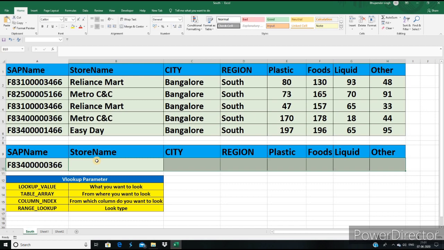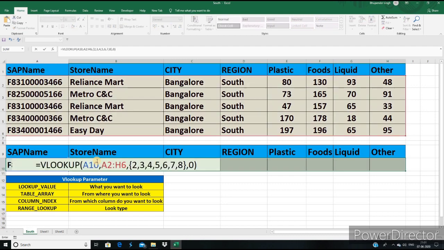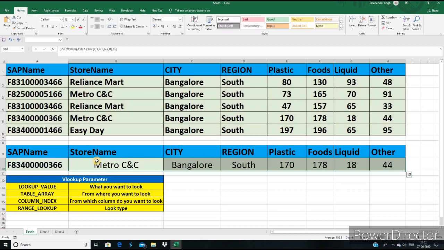Now put the equal sign first, type your formula, and now the main thing is you have to press Control Shift Enter. Remember guys, Control Shift Enter. If you simply press Enter, this will not work. Now the formula has been converted into an array formula. So use Control Shift Enter, and here we have an answer.